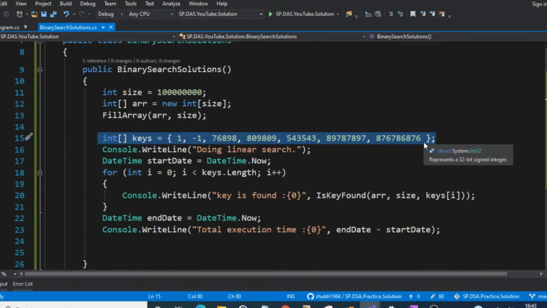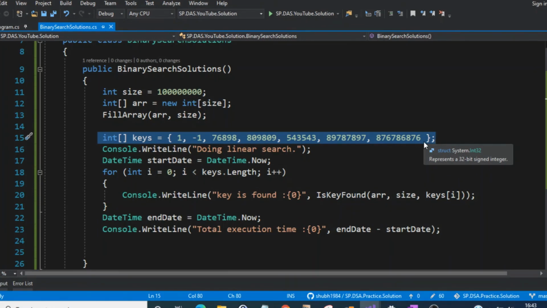But if you have a large system with huge numbers of keys, as we discussed in the theory part, with a user base like Facebook and Google with billions of users, and you're trying to find whether a user ID is active, deactive or present, this particular algorithm is not going to work.